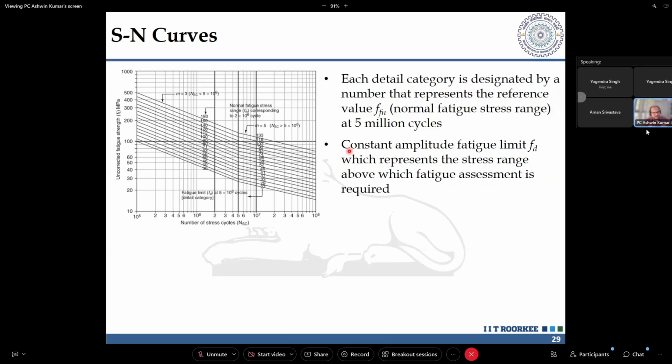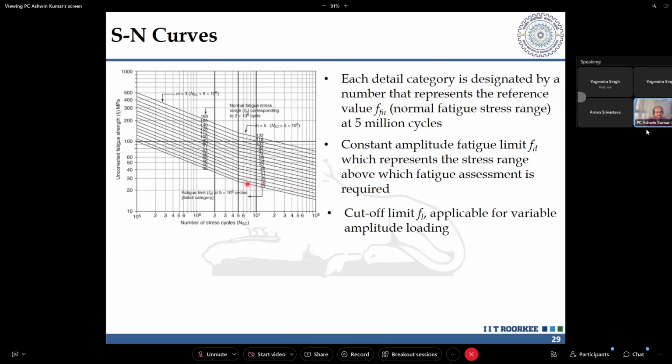So here you should understand that this particular S-N curve, the fatigue limit, which is defined at 5 × 10^6 cycles, is for constant amplitude loading, right? And the cutoff limit that is there, FL, corresponds to 10^8 cycles. So now comes the full picture: if my stress range is below this particular point for this detail category,